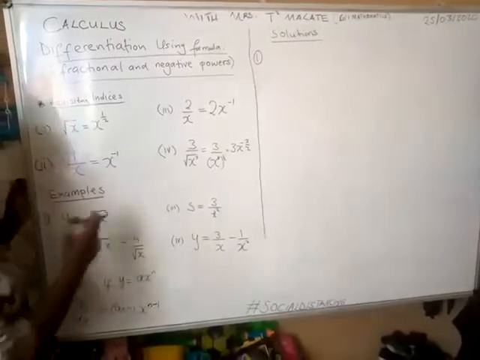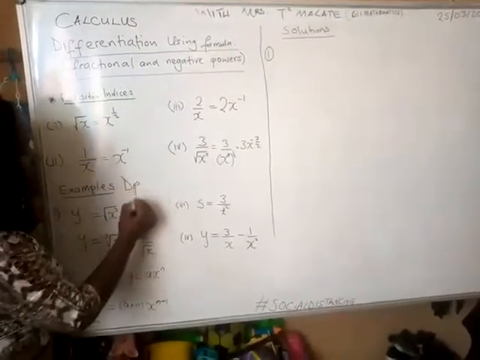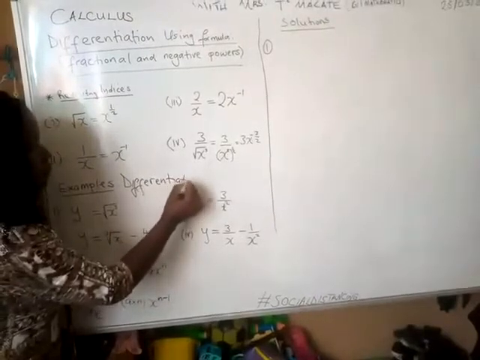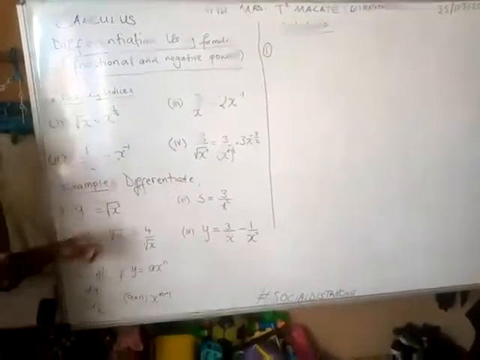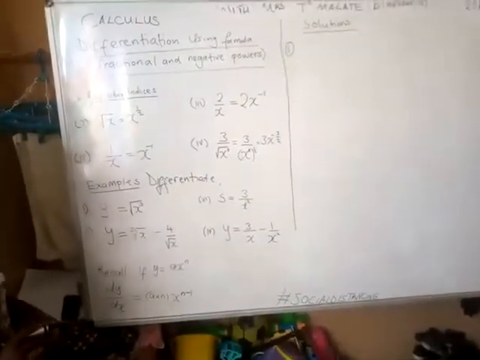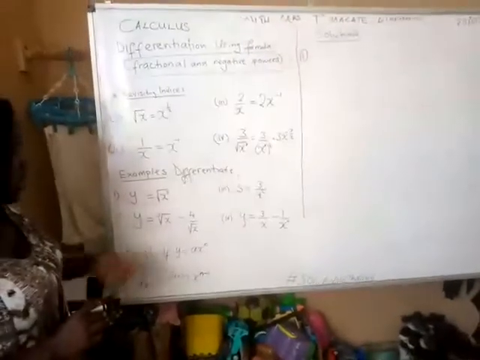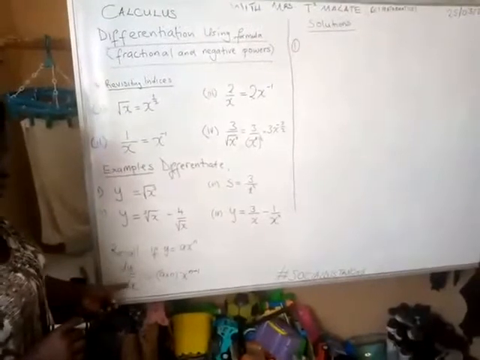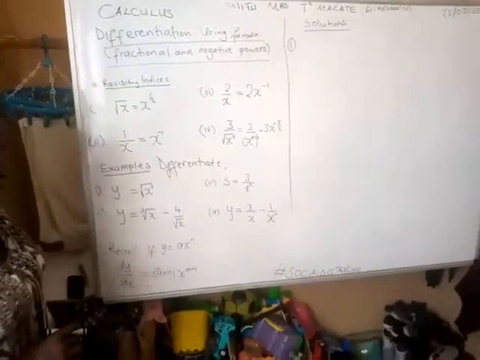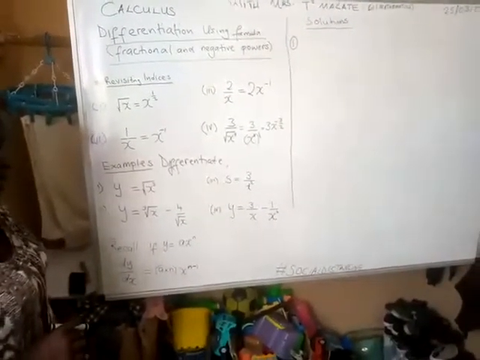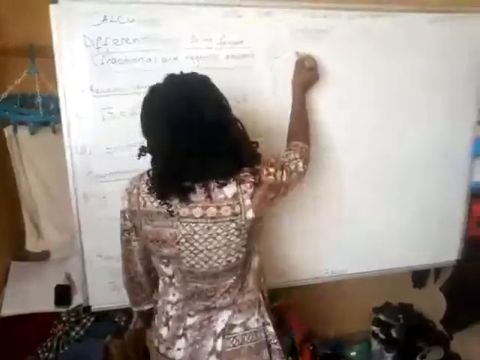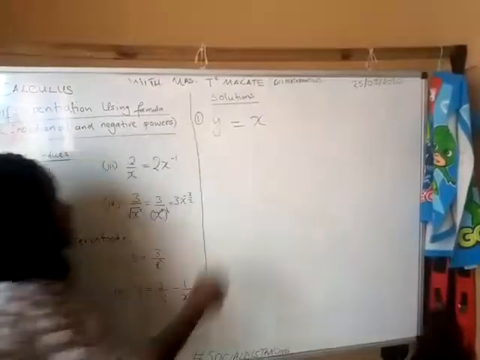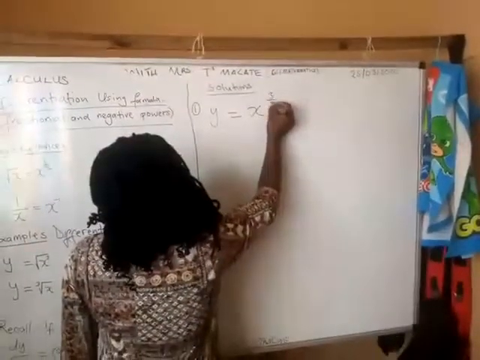So we go to our equations to differentiate 1, 2, and 3. So differentiate y is equal to the square root of x to the power 3. So we express y in a way that's differentiable using our formula. dy dx is equal to a times n x to the power n minus 1. So y is equal to x to the power 3 over 2,